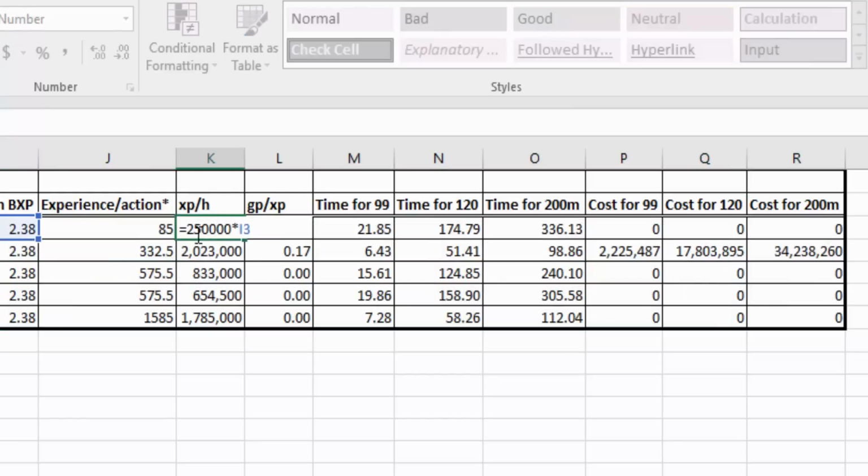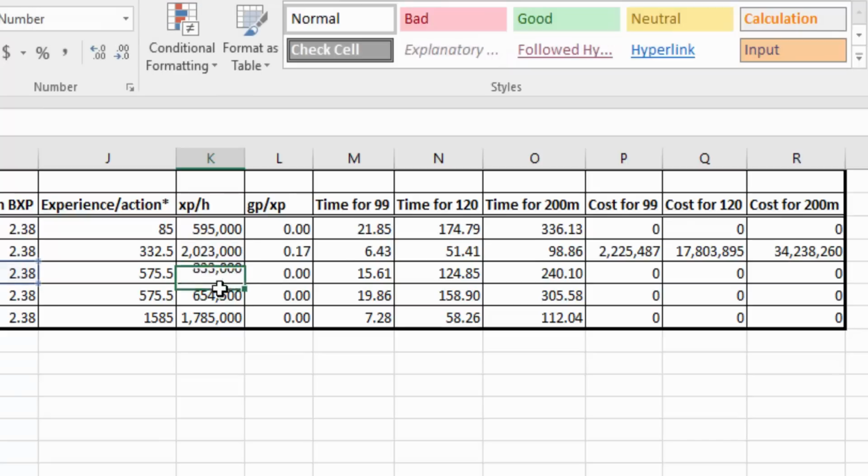This is again based on XP per hour, not XP per action or actions per hour. Grunwall crystallizes around 850k. Draconic Jidinko is around 350k. Turtle is around 275k and 750k for the ornate one. These are not going to cost you anything except for the Grunwall crystallization because of the spell itself, but it's not really that much. It costs you 2 mil for 99, 18 for 120, and 35 for 200 mil,